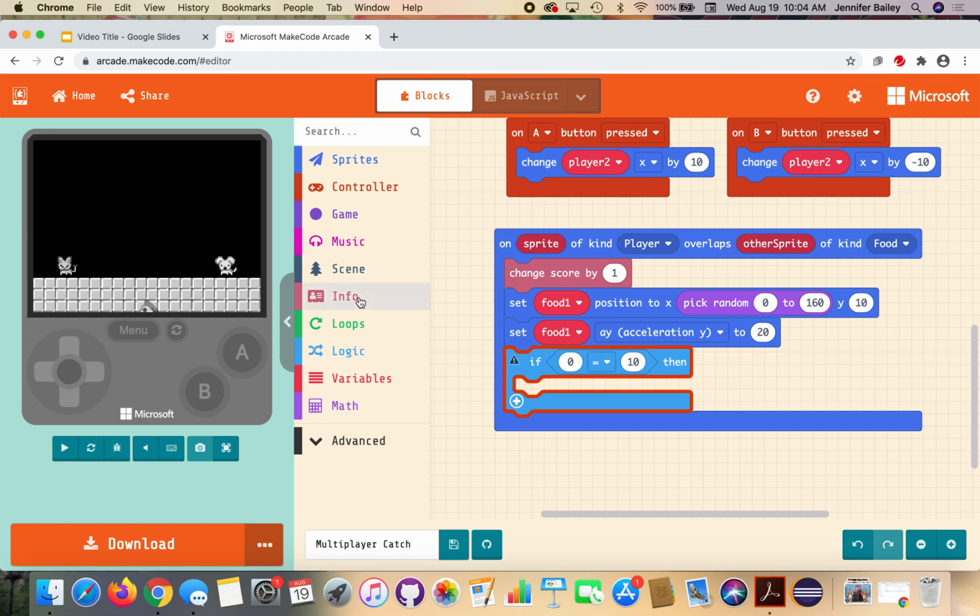And then we're going to go back to the info drawer here. So we're getting an arrow because 0 equals 10 is false. That's not an accurate statement. So we're going to go back to the info drawer